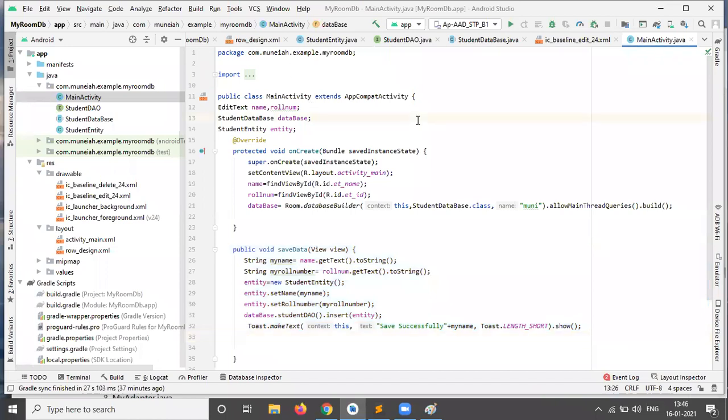If you complete this part, you just run the application. Here I executed my application through my physical device.